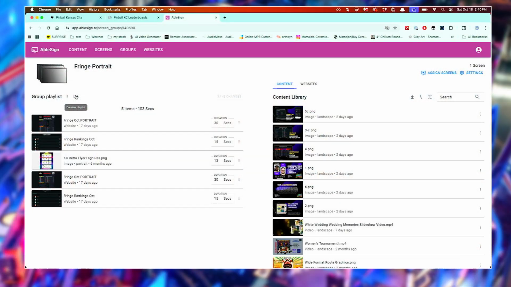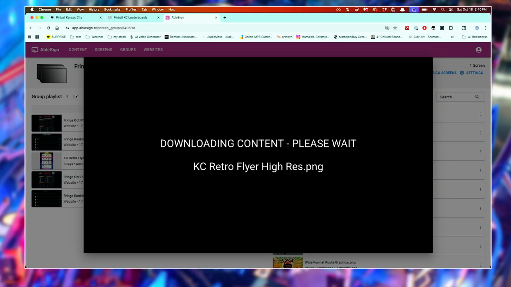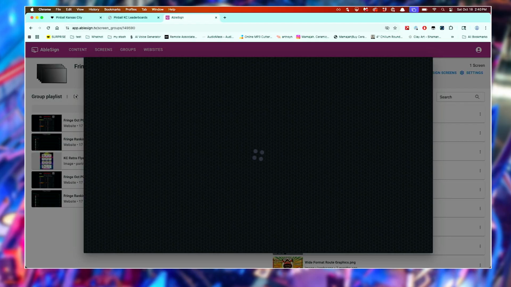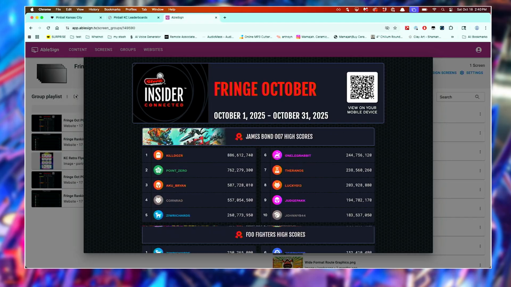Might as well, I'm here. There is a preview button. I know it's looking pretty small there, but I'm going to try to zoom in. The preview doesn't work very well for landscape content, but it does let you get an idea what your display is going to look like. As it brings up this leaderboard, because the preview's in landscape, not portrait, it's not looking quite right. But it's at least a way to make sure I put the right leaderboard on,